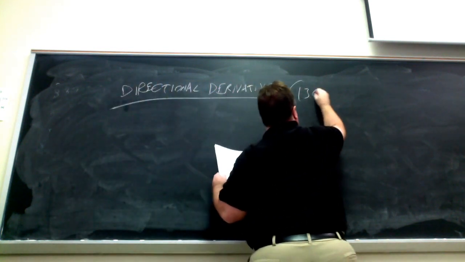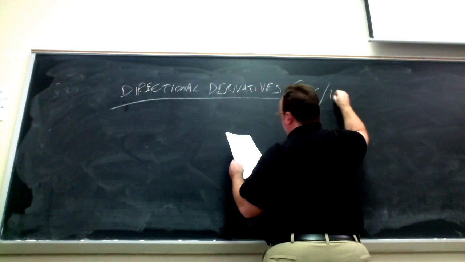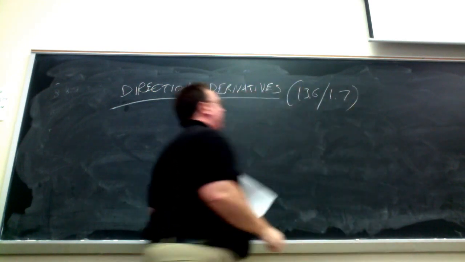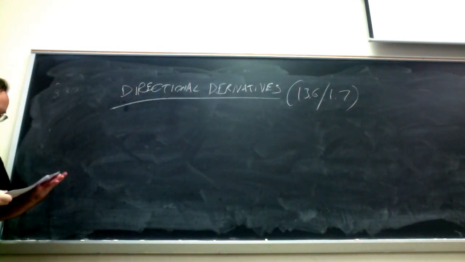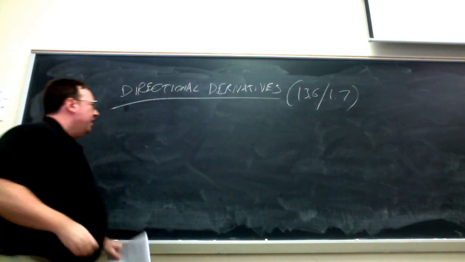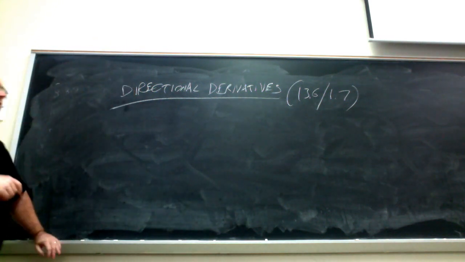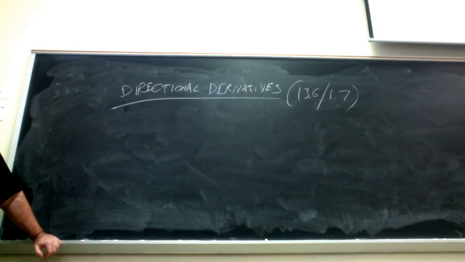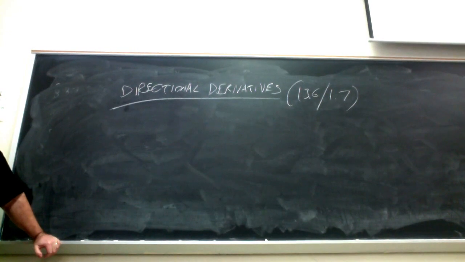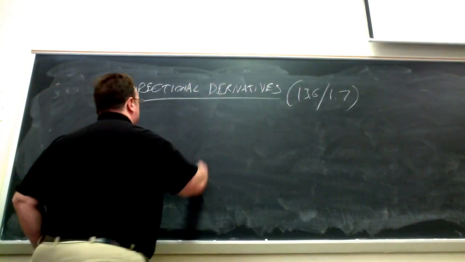So this is 13.6 in the text. There's also 1.7 in my notes. Okay. Now, this is something, the directional derivative concept, that only makes sense in a multivariable setting. You wouldn't have something like this in one dimension because